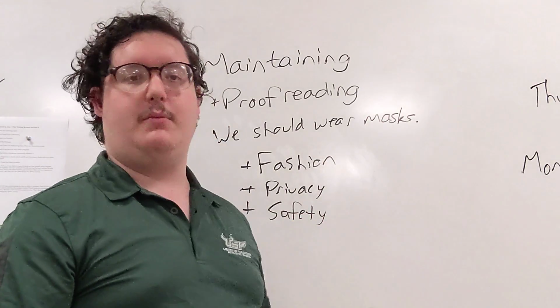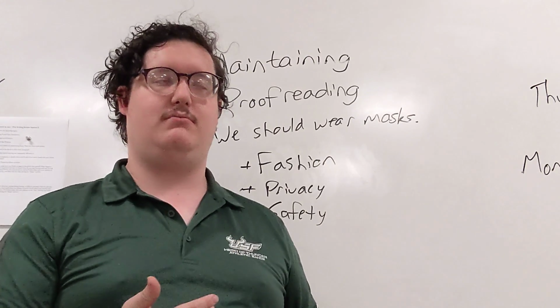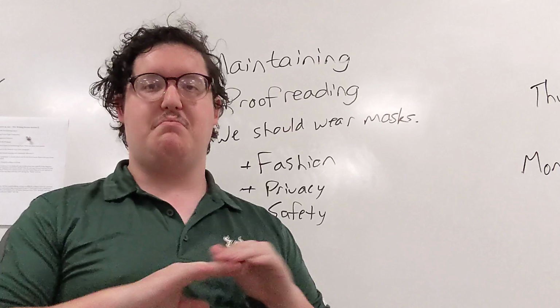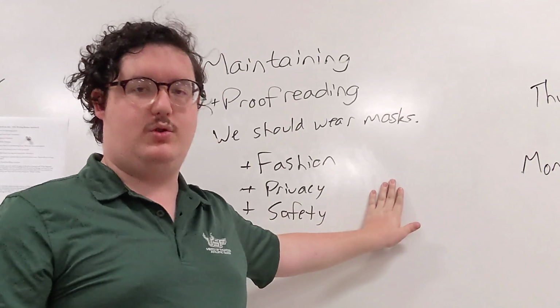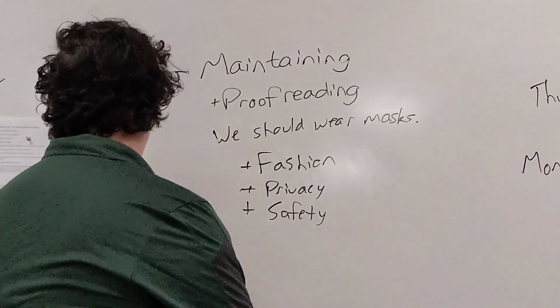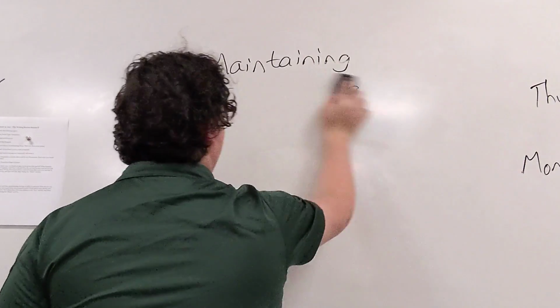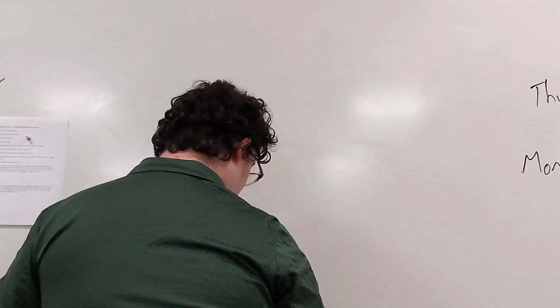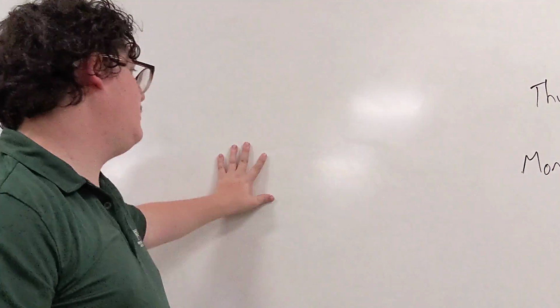Remember, you're doing this on the computer. You can type it up. You can erase things, you can go back, you can highlight, you can replace things as much as you need to. Remember, you can use that. It's your tool. All right. So that's proofreading. Those are the three ways to maintain your topic. Okay? Awesome. So that's maintaining your topic.